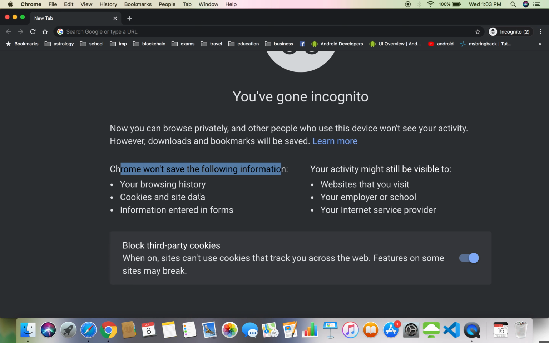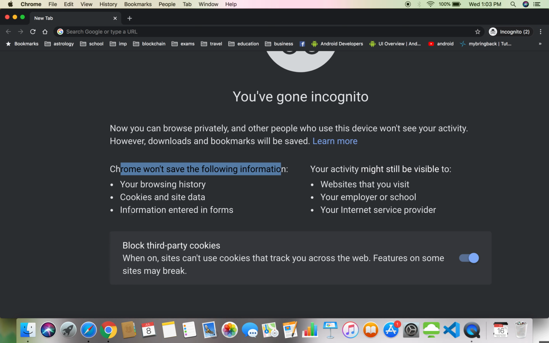So basically no cookies. If you are purchasing something on amazon.com or Flipkart or any other site, your cookies will not be stored if you are using incognito mode. So whatever data you are filling up, like your credit card details or any personal address details or any PII details, those details will not be saved in the browser. So that is a great feature, right? You will be in a way safe,